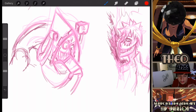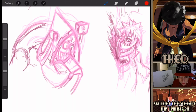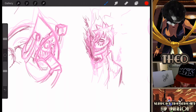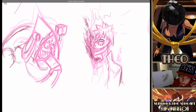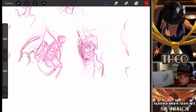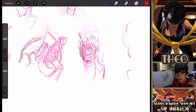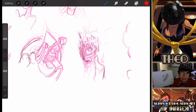Like, it's not super unclear, but there's just some stuff that feels kind of cluttering with it. Same thing with this. I do like this part. This part's kind of cool. I like that. But as I said, there could be some clarity with your line work, you know. But this feels like it's not the first sketch, but like in the beginning stages